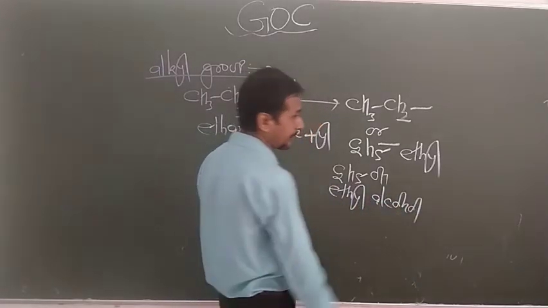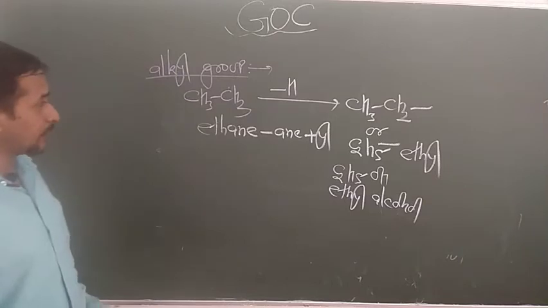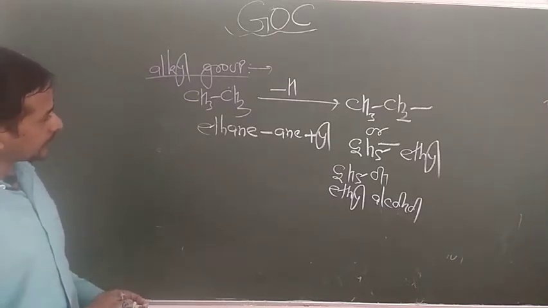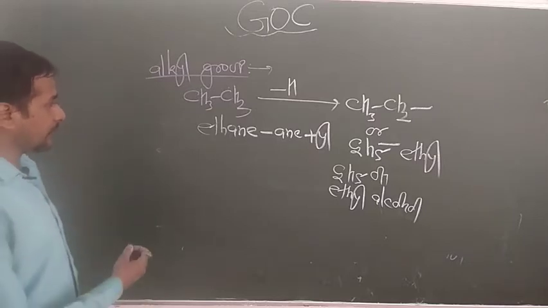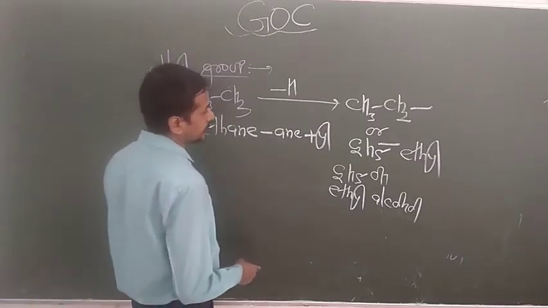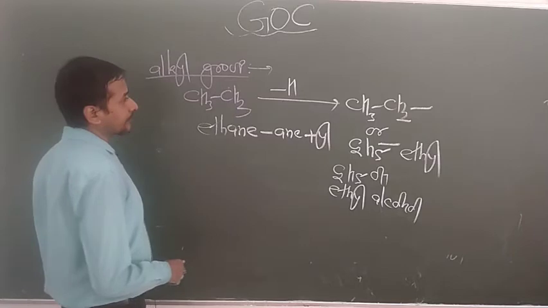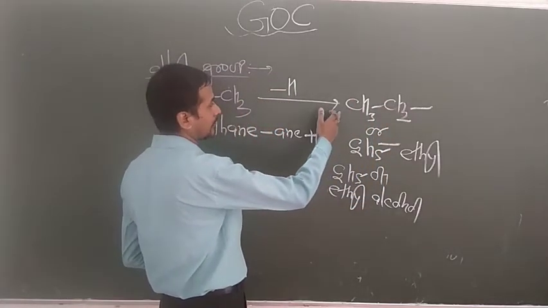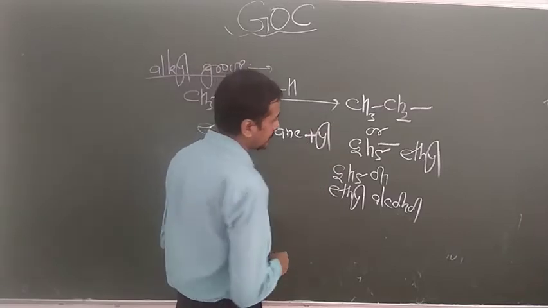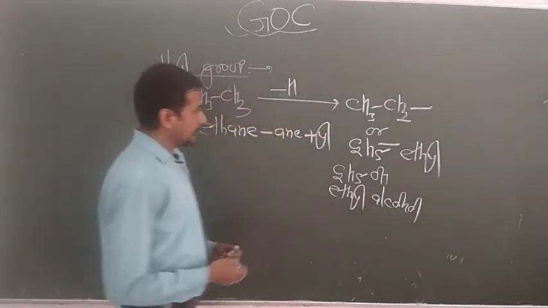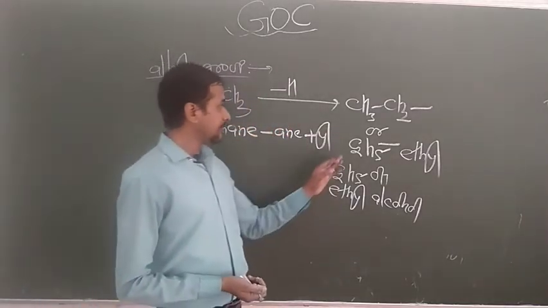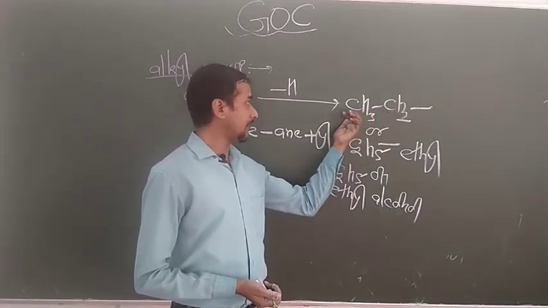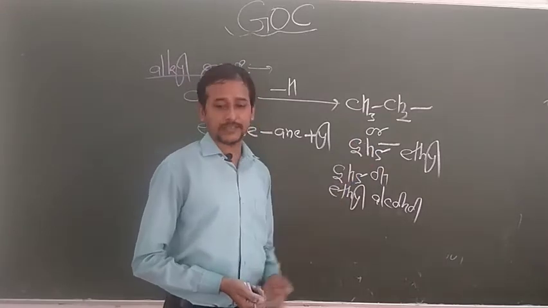So these are basically common names. This common nomenclature you have to know to learn and understand organic chemistry very well. That's why this is a requirement of organic chemistry. Now one more thing, note down that whether you remove H from this carbon or from this carbon, the same formula will be generated. So only one type of removal is there, and it always generates one formula, that is ethyl.